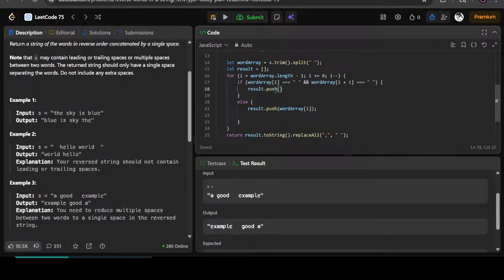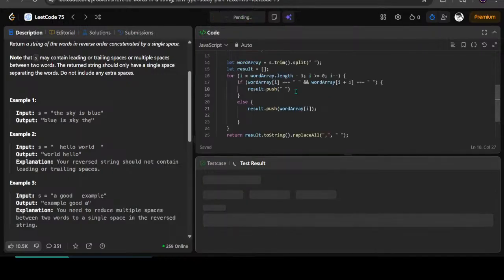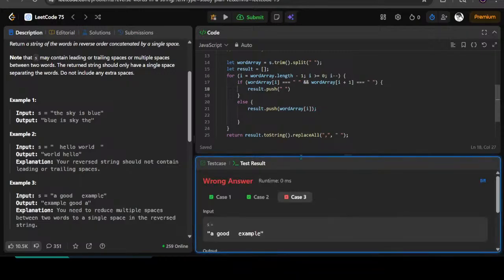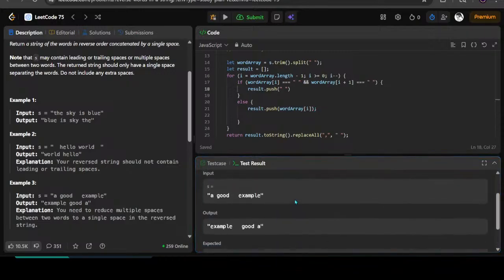So even if I do that, then it's fine. It's when two spaces are there. Can I just add this thing here directly? Do this for